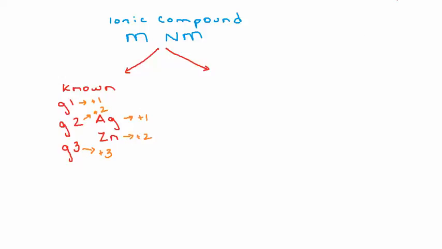Now, any other metals that are in your transition metals, if I just look at them, I do not know the charge of that metal, so they're of unknown charge. Okay, so for example, copper, cobalt, manganese, gold, tungsten, lead, bismuth, all those transition metals, I do not know the charge of them, and so we need to include the charge when we are naming them. So for example, if I gave you